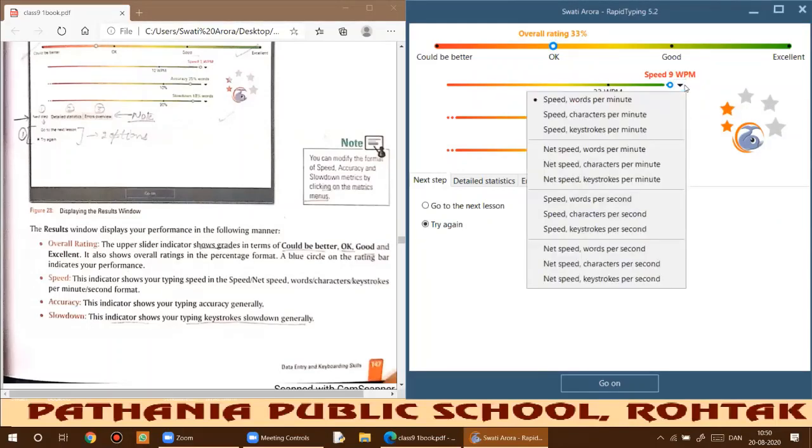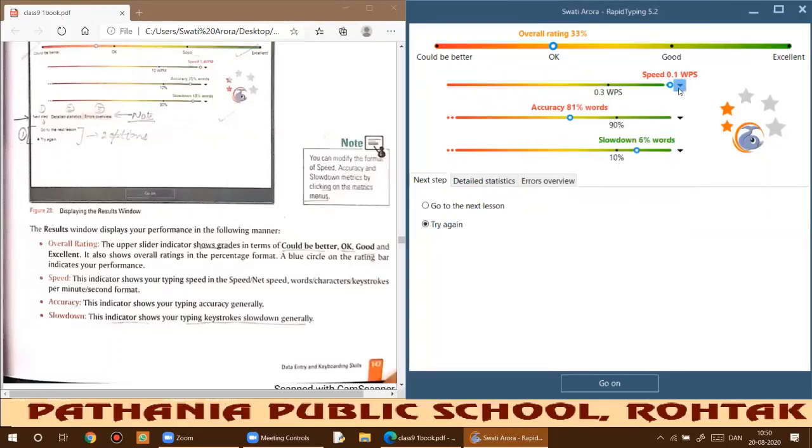See, these are the units of the speed that I have attained in the particular session or lesson that I have just typed. You need to learn all the units of the speed. This is words per minute, so this is the speed. If I want to represent it in terms of seconds, like characters per second, we need to see which particular unit we want to get the output in, and how we want to represent the things. So we need to check it.